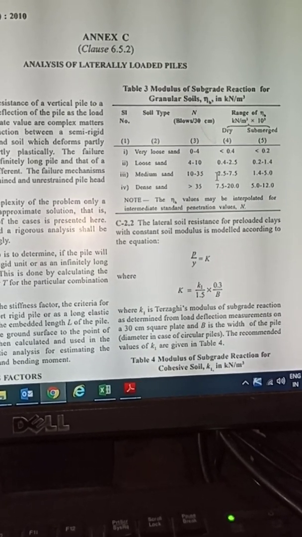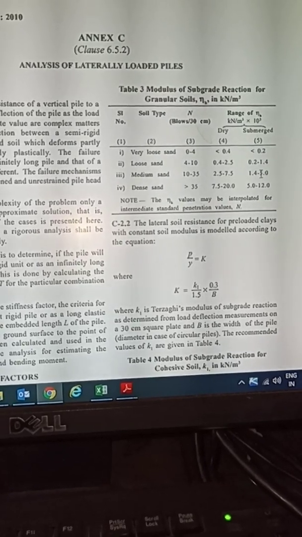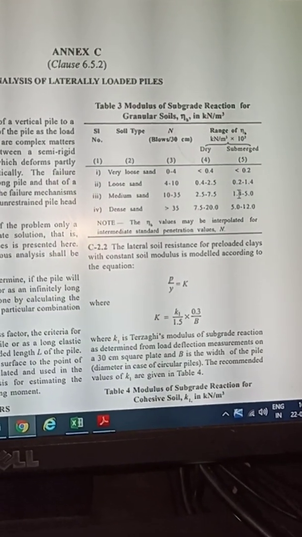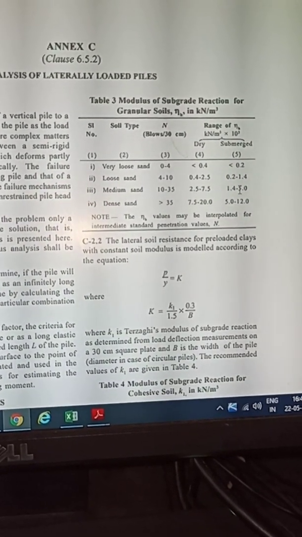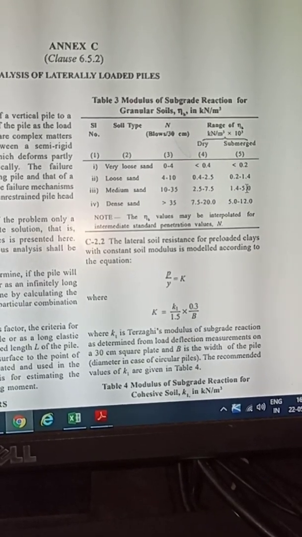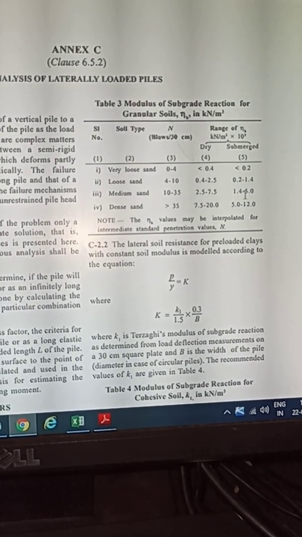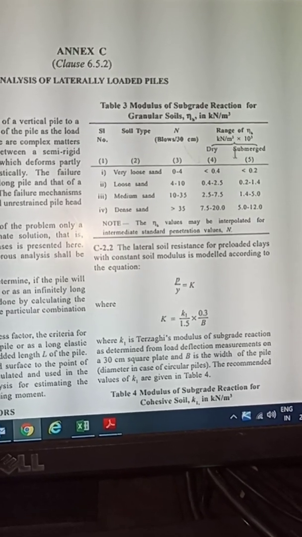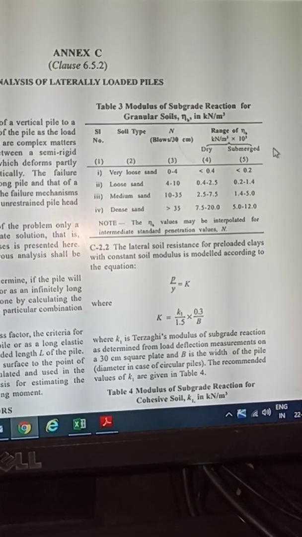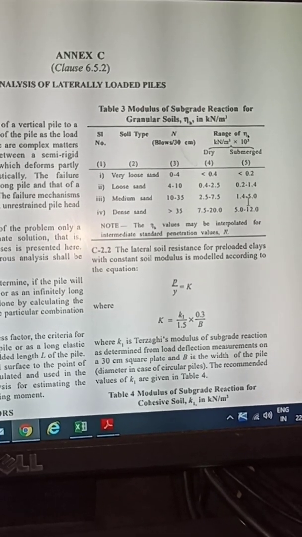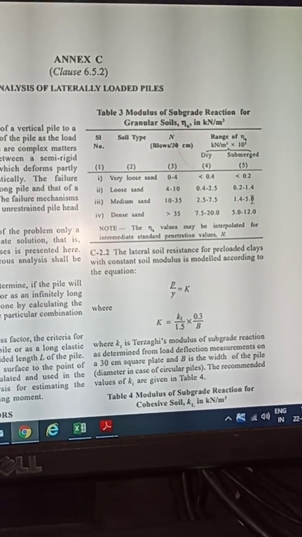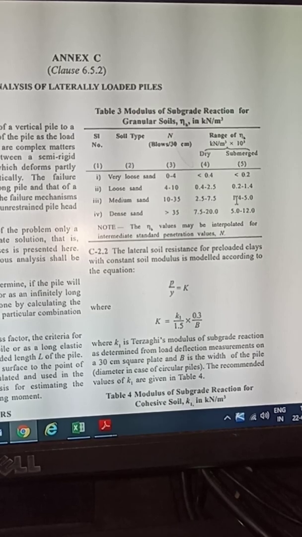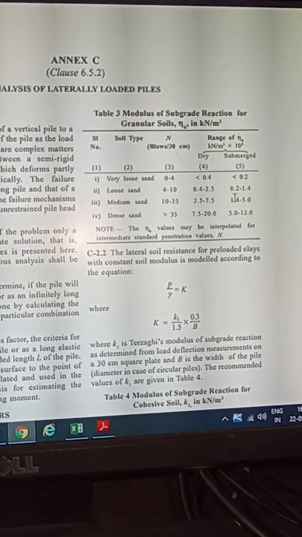Also our pile is 30 meter long, and the water table is affecting our pile, so it comes under submerged condition. For that, this range is given for modulus of subgrade reaction, which is from 1.4 to 1.5.